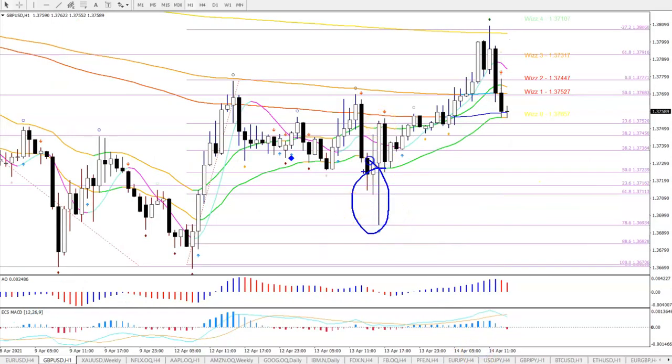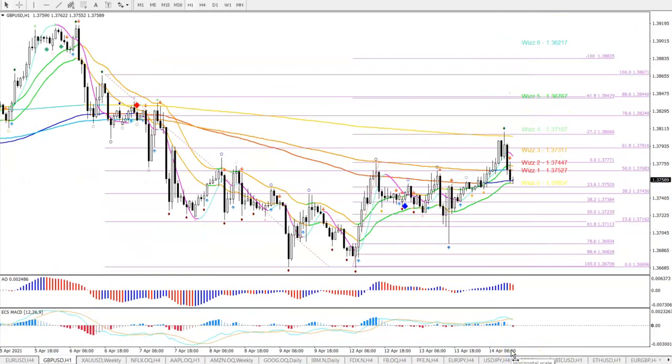Look at that wick right off of that 78.6 fib, and a follow through still to the minus 272 target at 138. The euro dollar has been moving up a lot more than the pound, and that's of course because of the euro pound that was in a downtrend but made a strong bullish reversal recently. So this bounce happened after ABC, and that's why I didn't like the pound that much in this area yesterday,